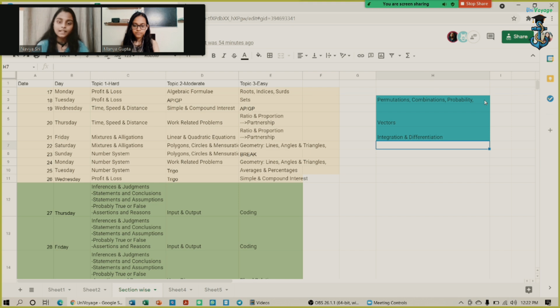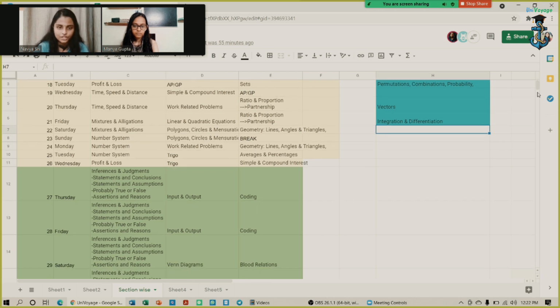Then the next thing is, while you check mocks, after you finish quants, then you go to LR, you finish that, and then you go to VA, you finish that as well. And when you see the complexity of verbal ability, there we put RC and vocabulary daily. There is a reason for that, because RC is reading comprehension and it is used all the time, like it's a definite question in the IIM Rohtak paper. So that is why it's important to revise or do RCs daily so that you get the hang of it,